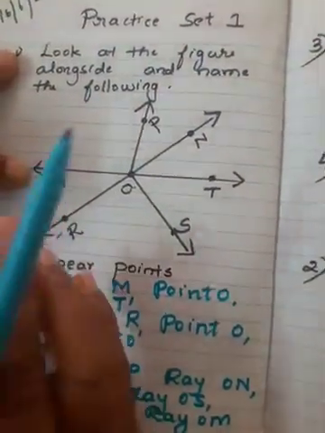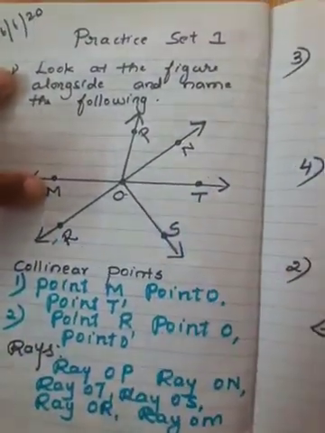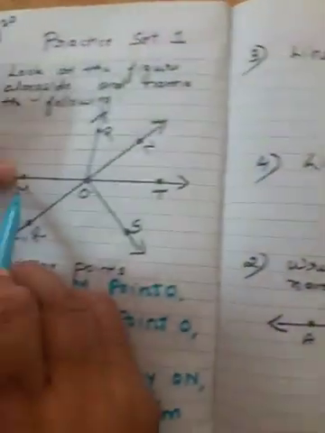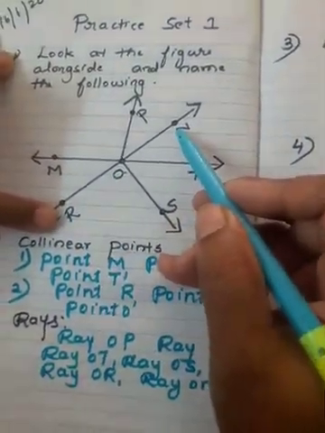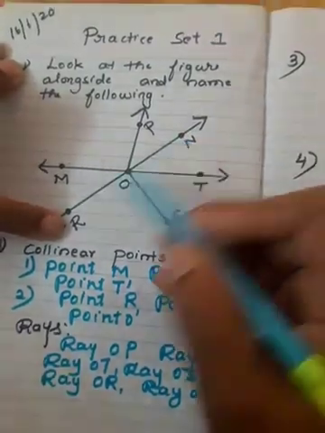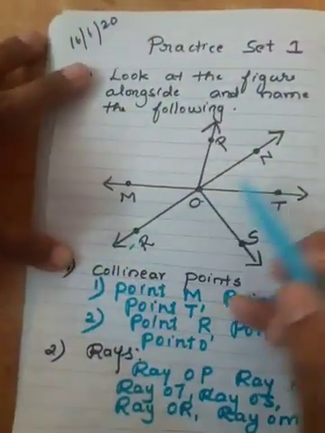Then we get a line. Correct? So that means MT is a segment. So you can see here, this is a segment MT and RN. RN is also a segment. RN is extended infinitely on both the sides. Then we get a line.